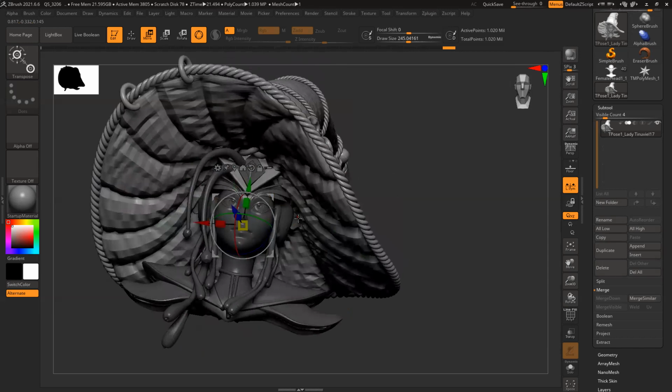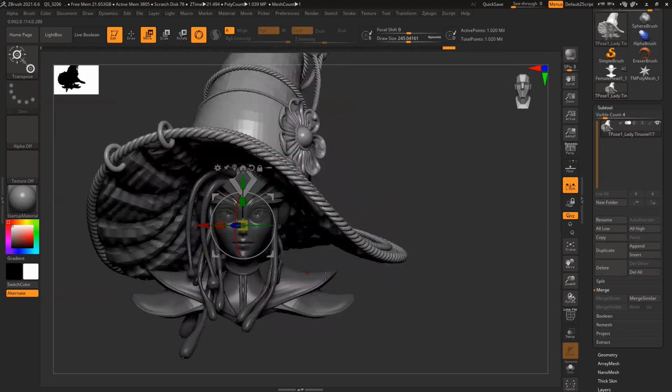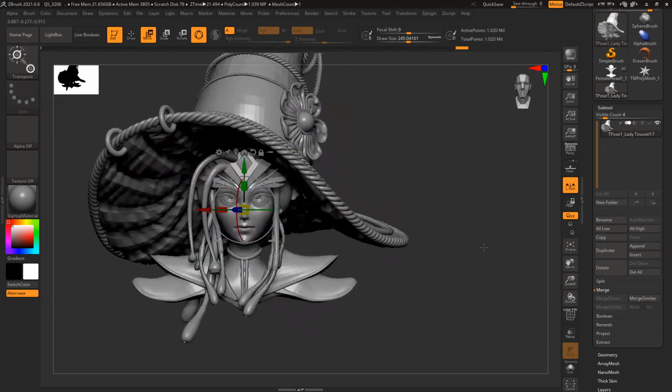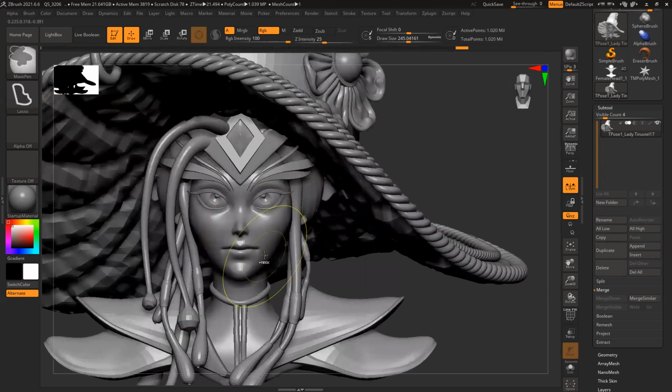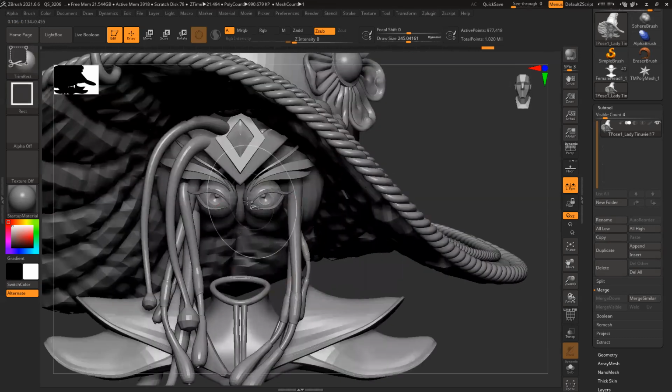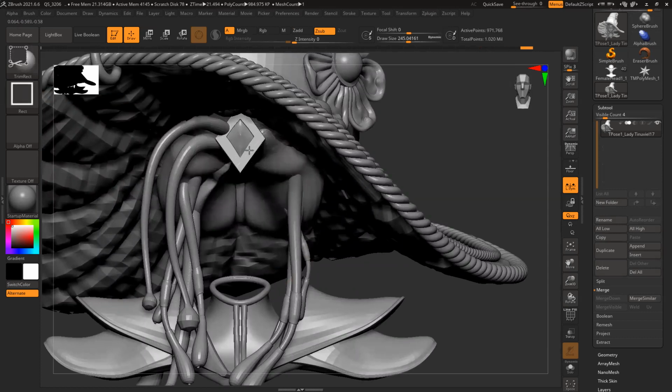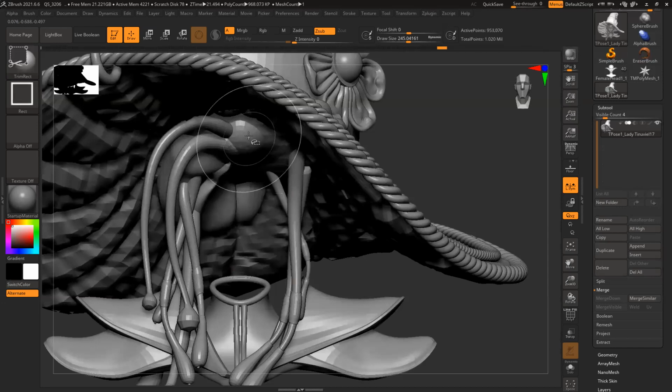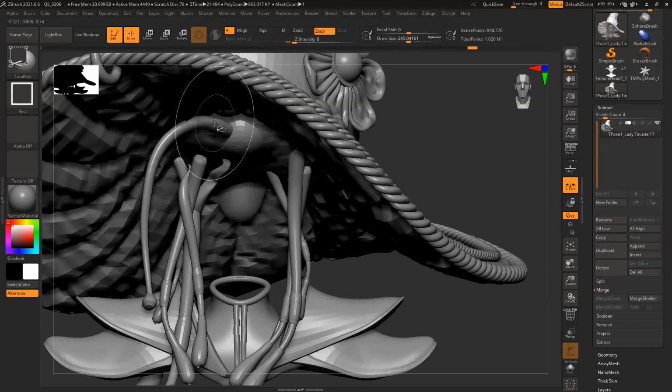Still my ears are inside. I need to pull them down and fit them here, and plus the head also I need to rotate slightly from the neck. So let's demask this and select all the parts that I need to rotate: head, eyeball, eyelashes, this design, hair.